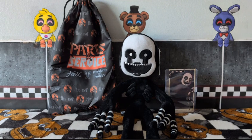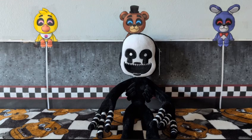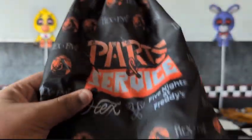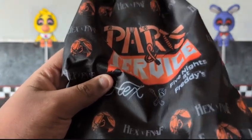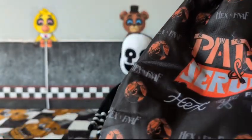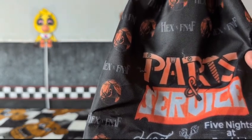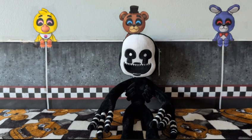Alright, guys, let's get started with the plush first. We're going to move the card and the bag out of the way. Actually, hold on. Let's start off with the bag, because I think that would make more sense. So I ordered this guy around a month ago now. I literally just got him in the mail not too long ago. It took a month for him to get to me. So, yeah, I love Hex, I love their plushies, I love their style, but the shipping time and the prices,